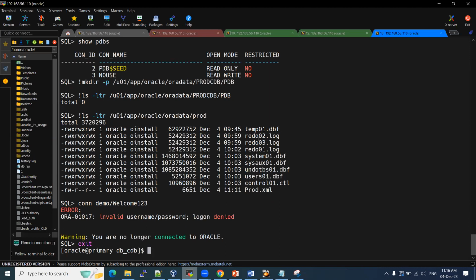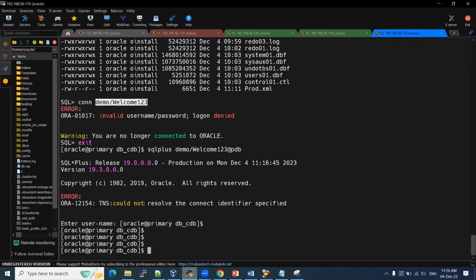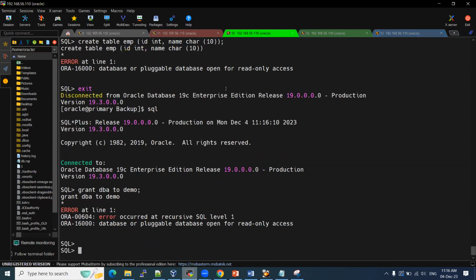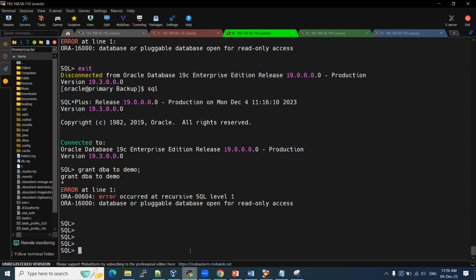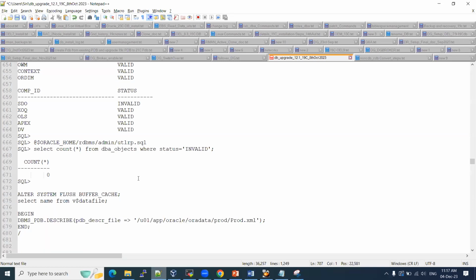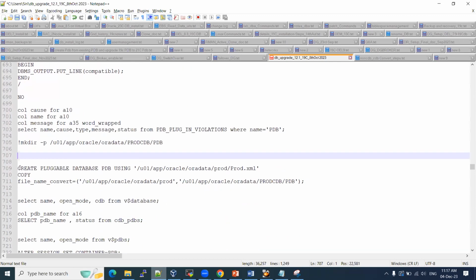Even inside of that PDB, if you want, we can try SQL*Plus. Even the database itself is not there, right? There is no PDB, and no TNS entries or other things. Leave it as it is. We have already created that .xml file. That file we can use, and then we can create the new pluggable database using this command,